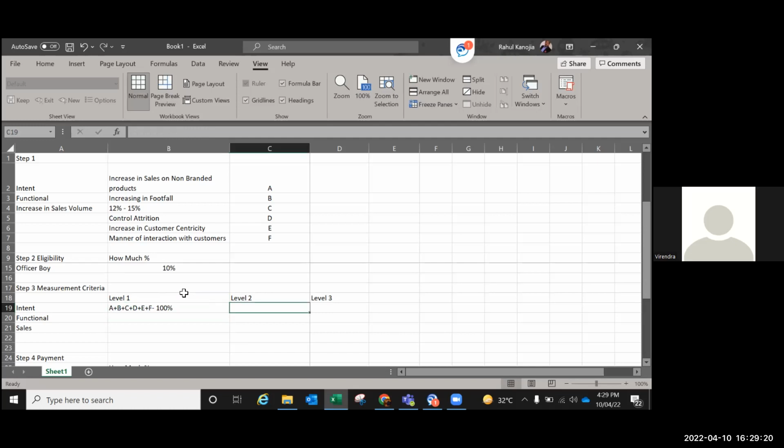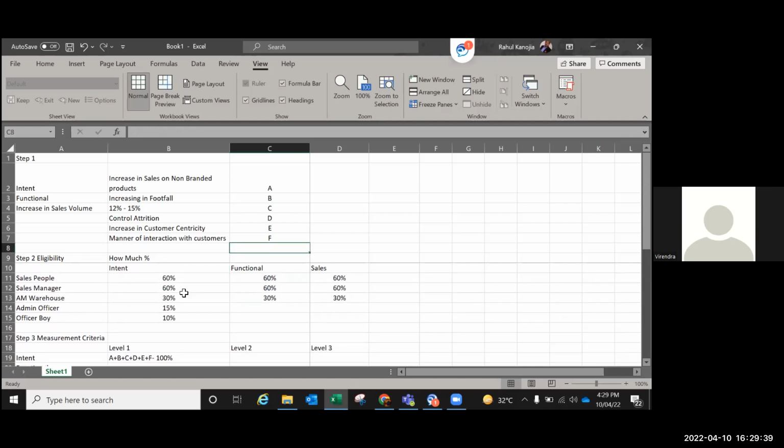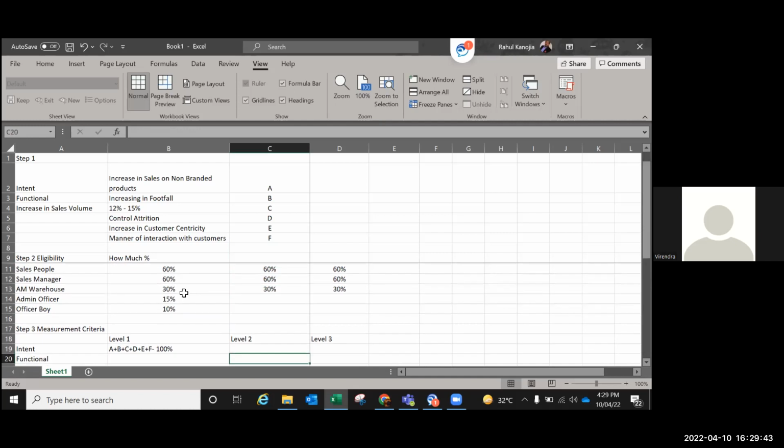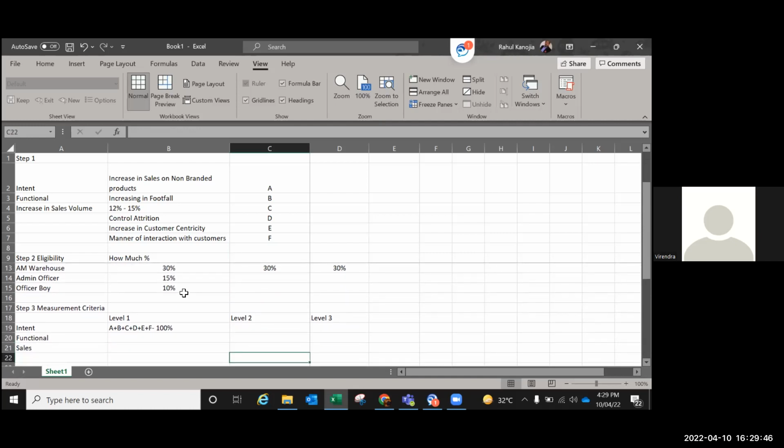अभी कौन से क्राइटेरिया, इंक्रीज इन सेल्स वॉल्यूम ऑफ नॉन ब्रांडेड प्रोडक्ट फॉर... इसमें से लेस प्रायोरिटी क्या है सेकंड वाले में? ब्रांडेड वर्सेस नॉन ब्रांडेड का कुछ दिया नहीं है। कंट्रोल एट्रिशन, A प्लस C प्लस E प्लस F ऐसे करके कुछ 20% कम कर दो मतलब। हाँ, जो कम इम्पोर्टेंट उसको आप हटा दो लेवल 2 में। वही कर रहा हूँ। एक एट्रिशन को हटा दो।